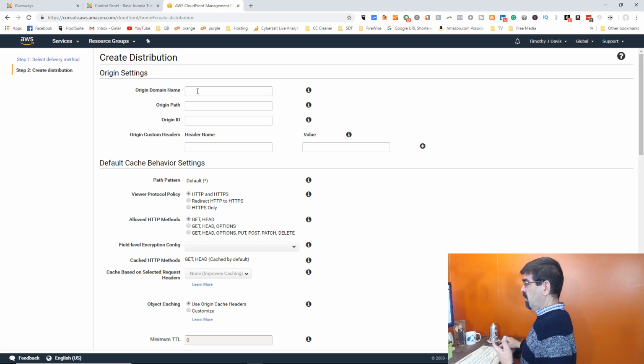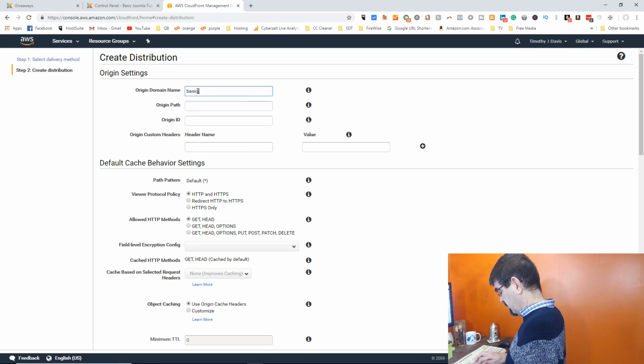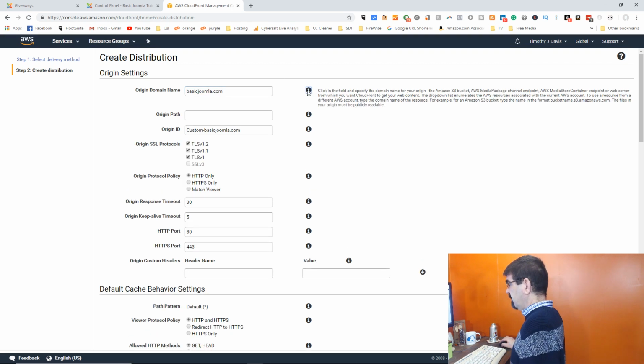Now, origin domain name, that's the domain name of the site that you want to have associated with this CloudFront or with this CDN version. So I'm going to do basicjoomla.com. Lots of help information here on the sides. It says click in the field and specify the domain for your origin. All right. Origin path we can leave blank, and origin ID, just leave that custom